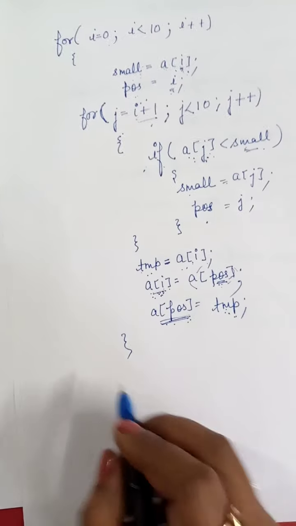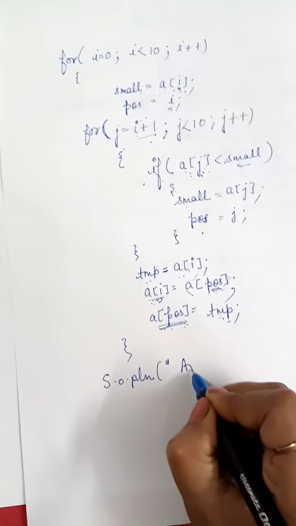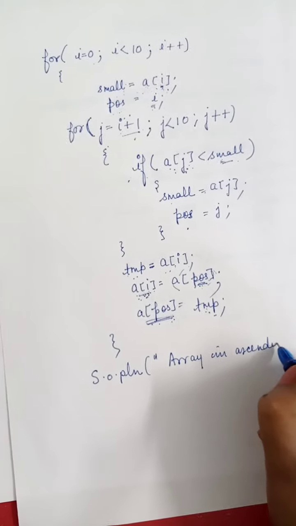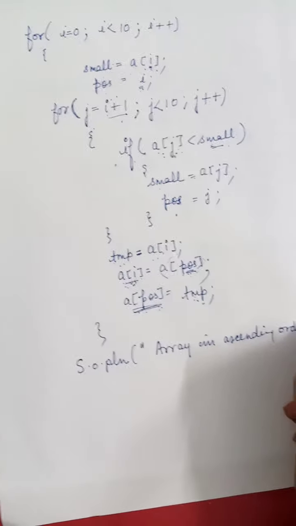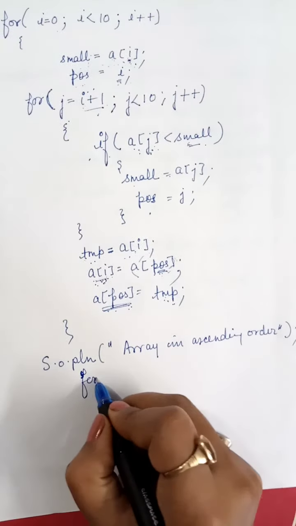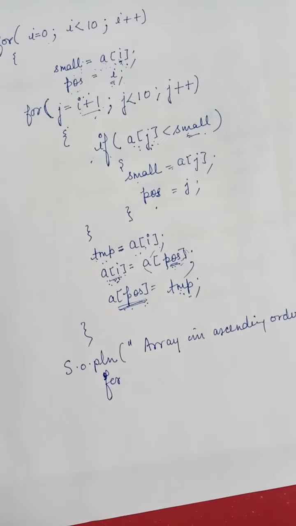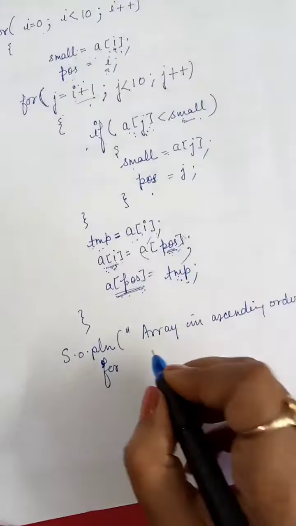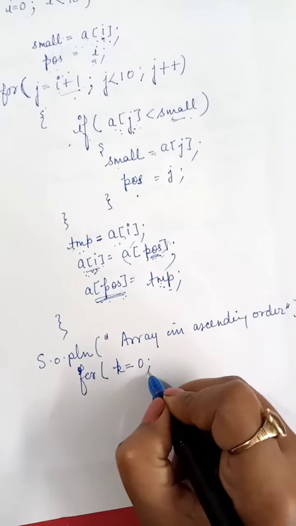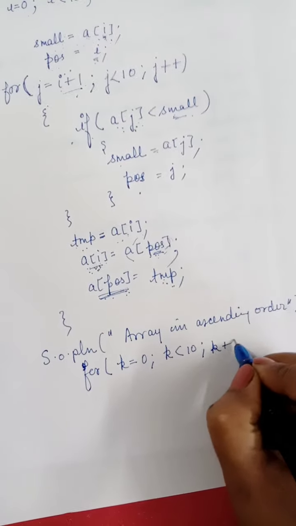Now you have to print the sorted array in ascending order. Again, to traverse an array for printing, for storing, for calculation, you need to write a for loop. Without that, you can't access the array elements. K is less than 10, K plus plus,